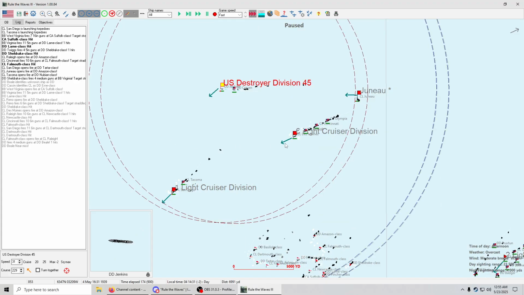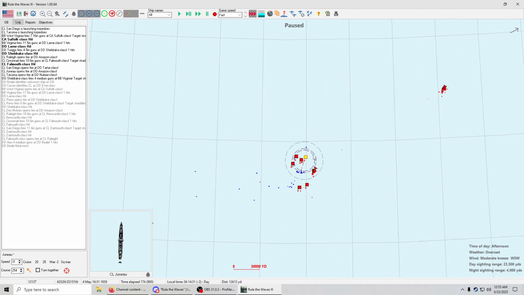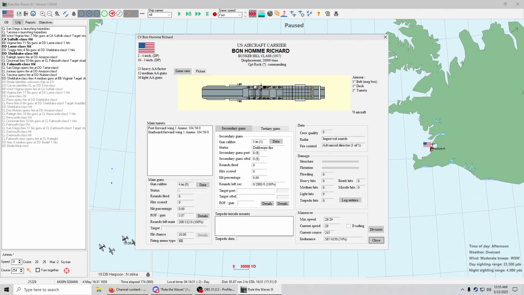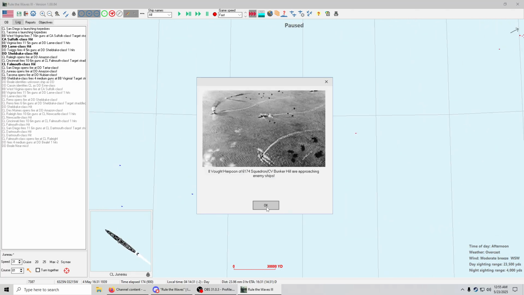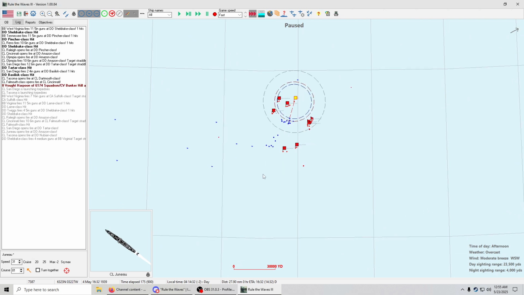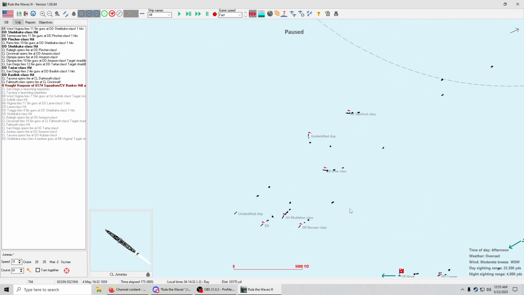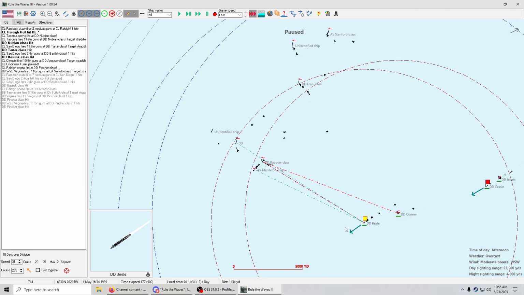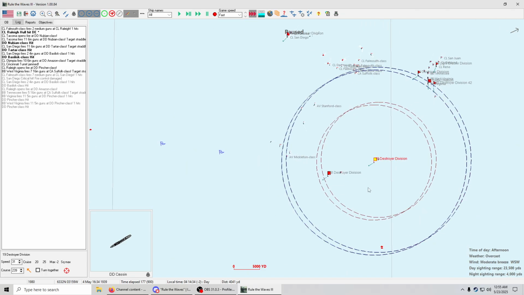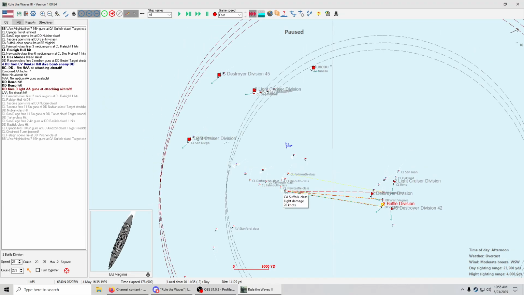I'd really like to get these destroyers involved too, but that poor light cruiser took a rudder hit. He's just doing donuts out there. Ooh, that's a good sign. That's over here somewhere probably. Are these really just AVs? That would be really annoying if they were. I'm not here to kill AVs. I'm here to kill